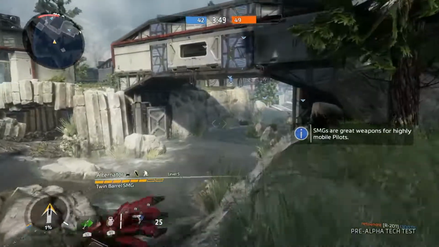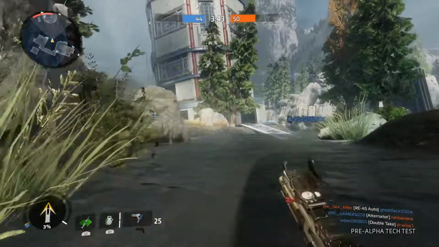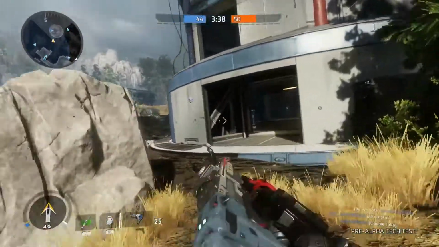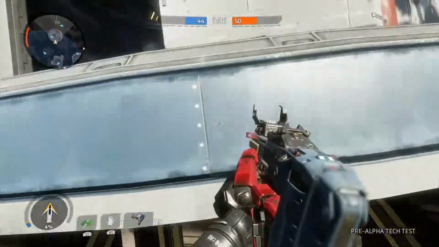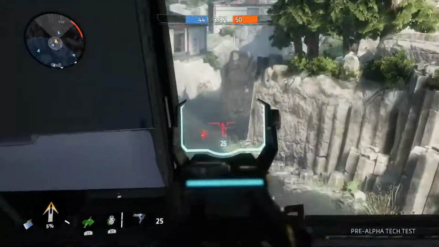The next weapon that we're talking about today is the Alternator. I believe this was unlocked at level 13. That's the weapon that you're seeing in today's gameplay, and this is again a very powerful weapon. I'd say it's a little bit better than the car. It's got a higher damage than the car. It's got a slower fire rate and a more kind of crazy recoil, but you can definitely deal